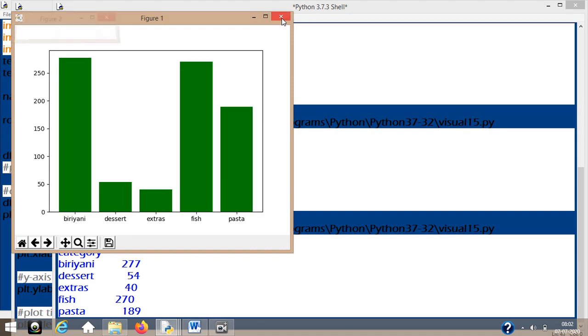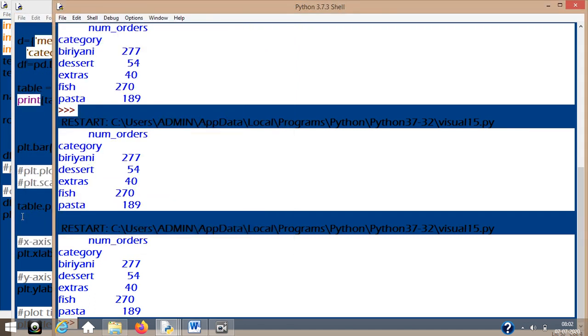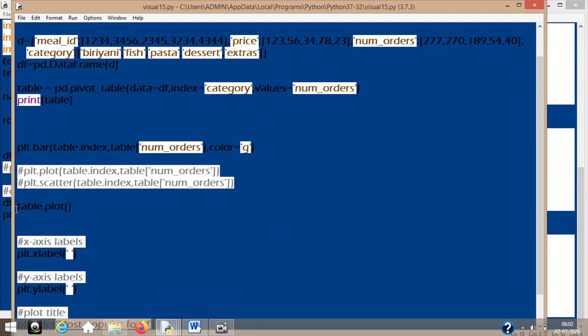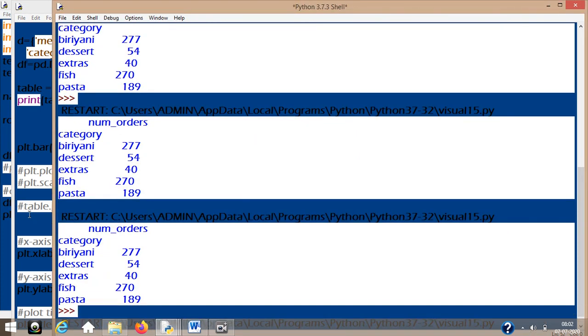One minute. That is because I think I didn't comment the other one. So I have to close this one and show this. That means I opened and kept this one also. That's why two plots came. It's better to use one by one to show you the example, but you can have multiple plotting the same way. It just happened because I didn't comment this. Now only the other one will come.